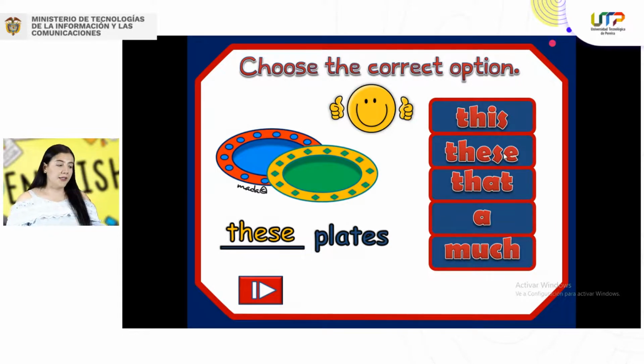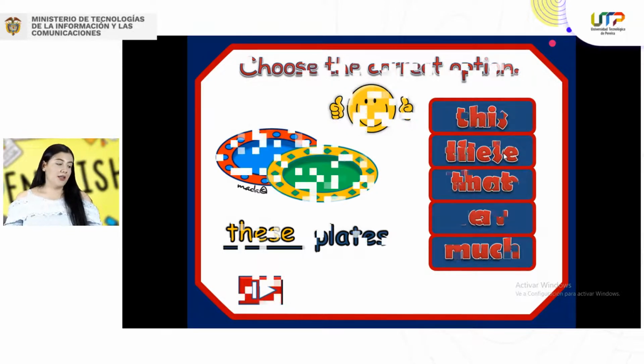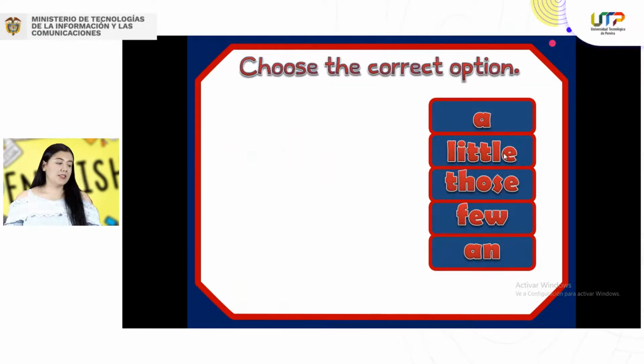Good. 2 more exercises and we move on into the last part of this master class, that, remember, I said at the beginning, was about different containers to talk about countable or uncountable nouns. So let's do the next 2 and we'll finish this activity, okay? So the next one is, let's take a look,